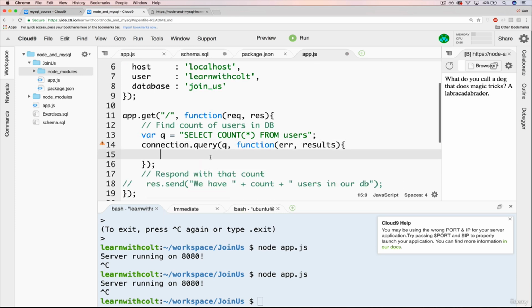Okay, so whatever code is in here will only run when two things happen. First, when somebody requests slash. Then we have to wait for this connection to run the query, which is select count from users. So then when that is done, whether it worked or not, this code runs, and there will either be an